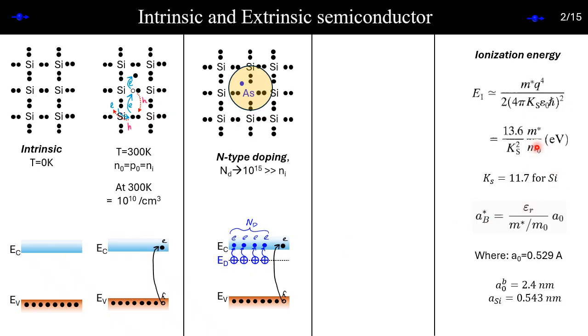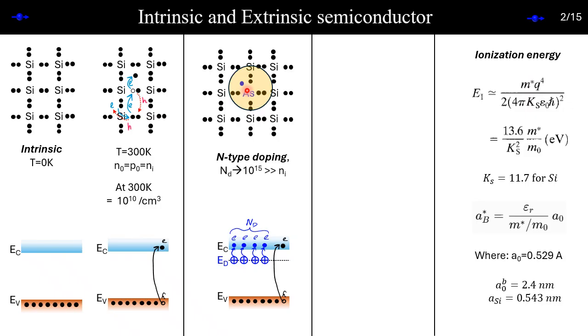So you can just put the values here, 11.7, and you can find that it is like 40, 45 milli electron volt. Okay? Is this clear? Does it make sense? Okay? Yeah. So now there are two processes. One is that, so you get free electrons. Okay, you get free electron because of the doping, because this electron is loosely bound. Okay, with some high, if you just slightly increase the temperature, we'll actually derive it.